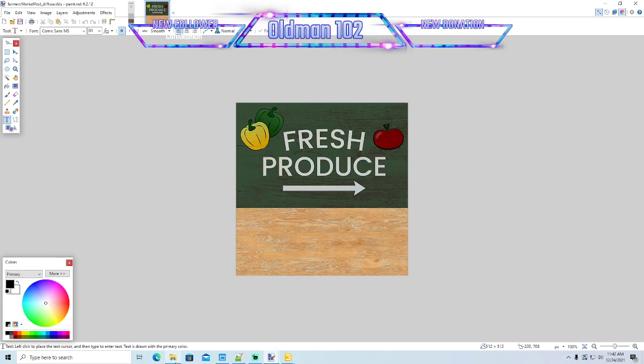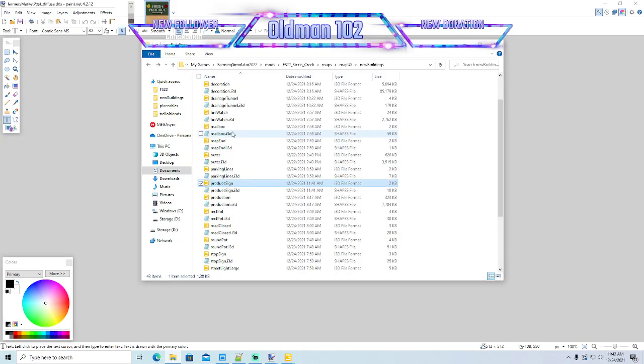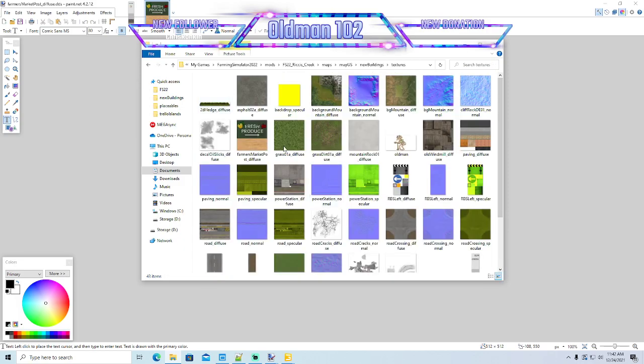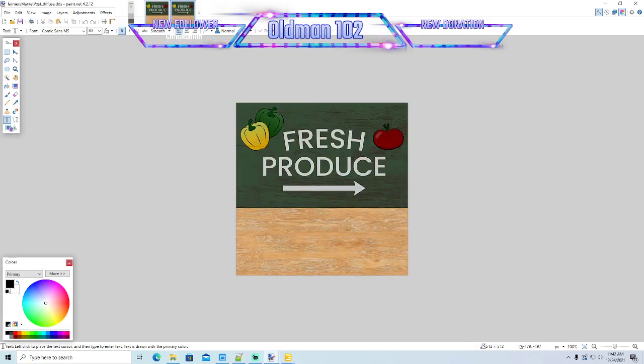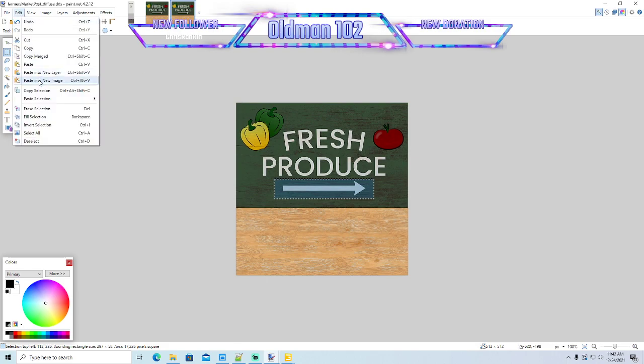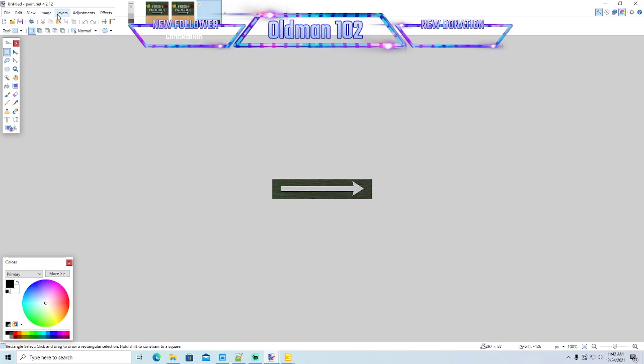Alright, I'm going to open up a second one of these for a second. Textures. So I want two of them. So here's what I want to do. I'm going to take this one. Let's cut this out. Let me make that a little bit bigger. Right there. So let's go copy, paste into your own image, adjust,